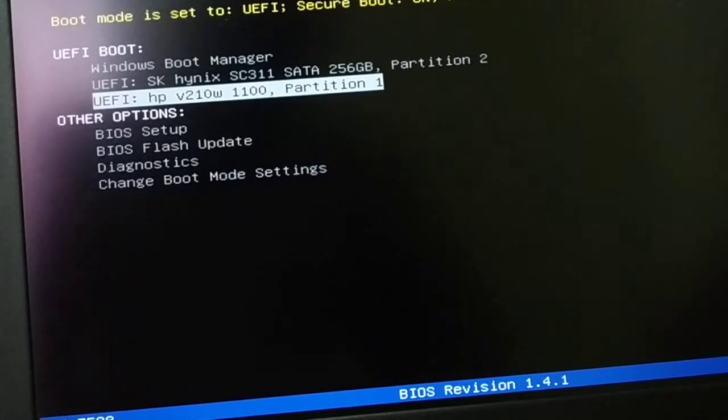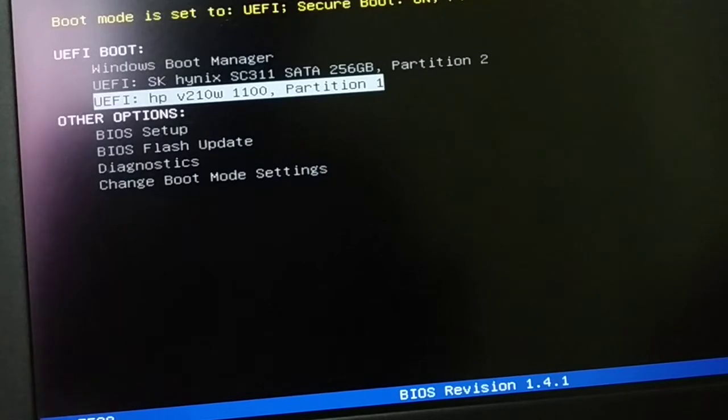So escape key and F12 key is very common to enter directly into the boot menu. You don't have to go to the BIOS, and you don't have to make changes in the BIOS. You don't have to make changes in the boot order in a BIOS. Directly you will have an option to boot from several devices. So you can directly boot from the HP now. It's directly boot from a bootable drive. So HP pen drive and directly boot from pen drive.